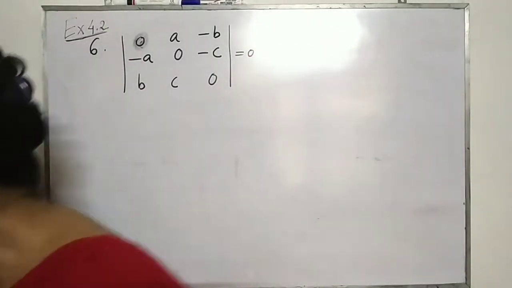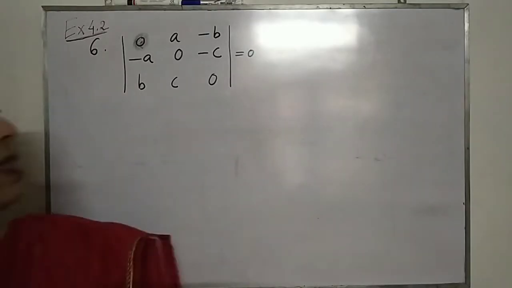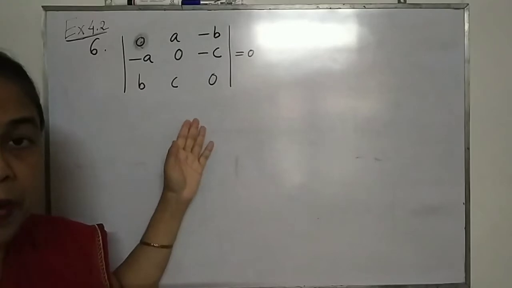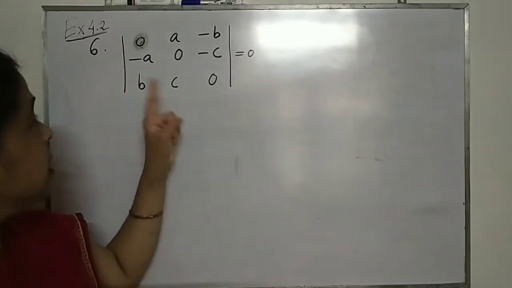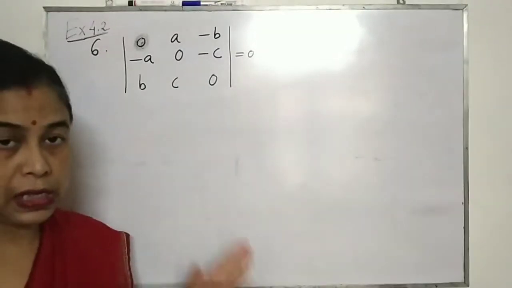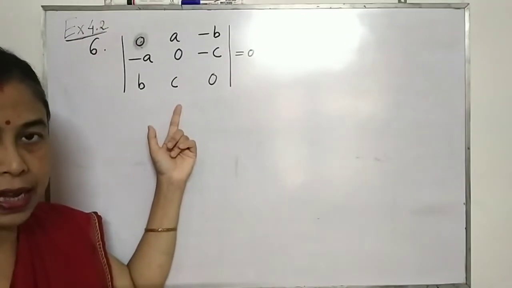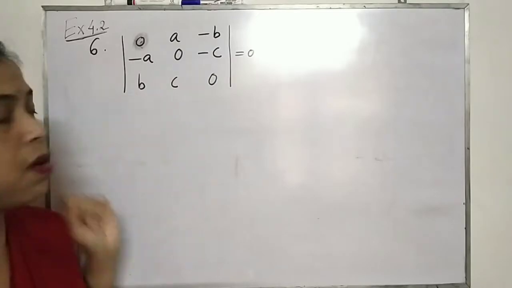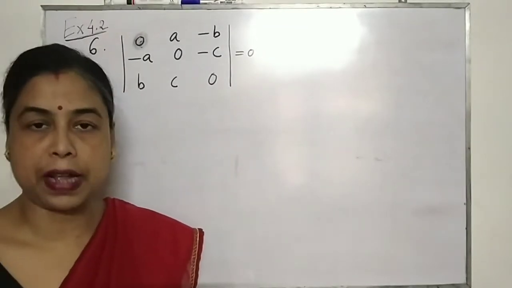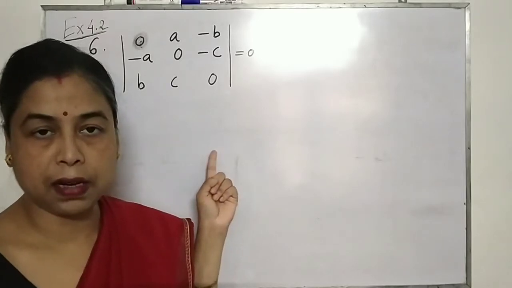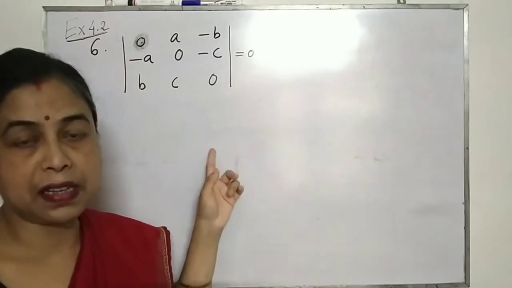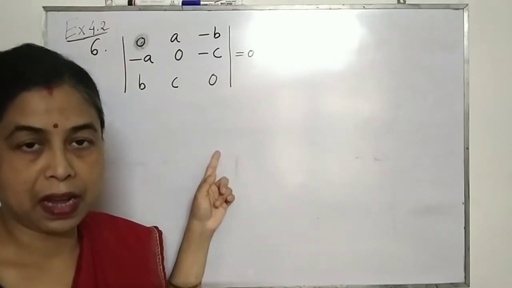This is your question number 6. Your aim is to show that this is equal to 0. Now, check by applying the properties one by one. Here, if you interchange the rows and columns of the determinant on the left side, it will not help. Interchanging adjacent rows or columns also will not help. No element is coming common here, and no element of this determinant is expressed as a sum of two or more elements.